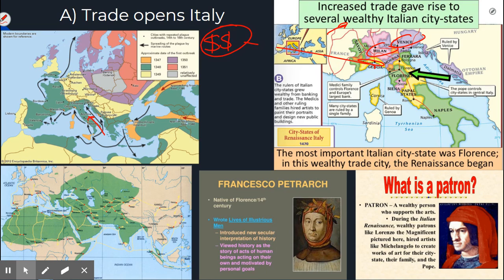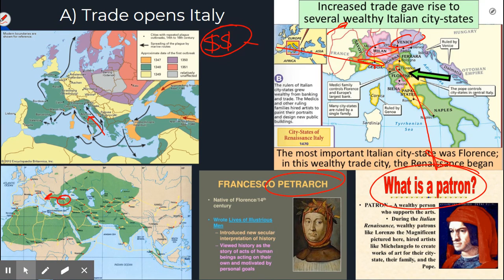This new learning and new knowledge specifically came from the old Eastern Roman world, and people like Petrarch here started to rediscover the writings of the Greek philosophers, which we talked about before, and some of the old Roman philosophers as well. And so they started to translate this into Italian, and Italians started to become interested in some of these Greco-Roman traditions. We also got many of these wealthy merchants to become patrons.